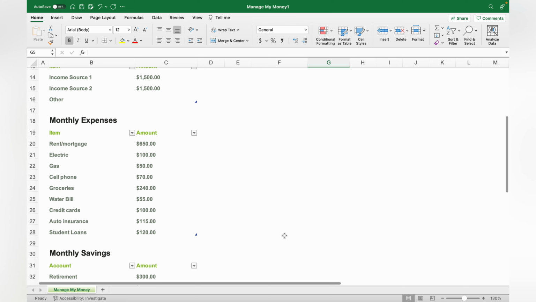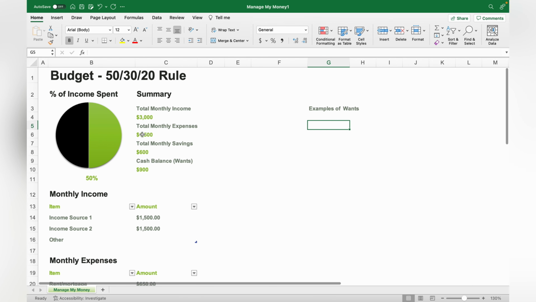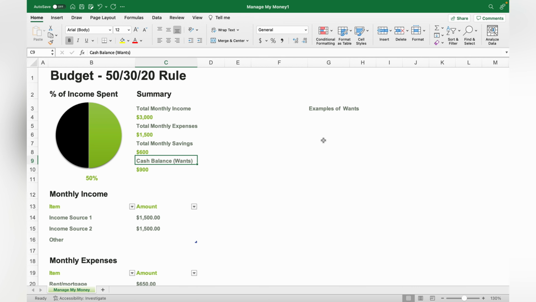I went through and I put in all the totals. So as you can see, 50% of the income, which is $1,500, is the total of the expenses. And then 30% of $3,000 is $900. And so as you can see, the cash balance, which would be for wants, and wants could be anything like